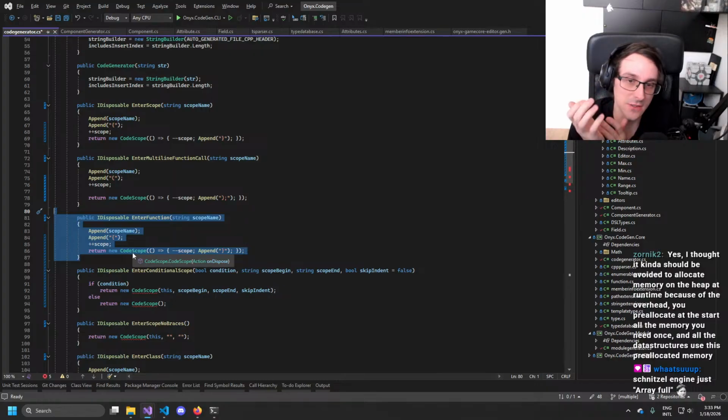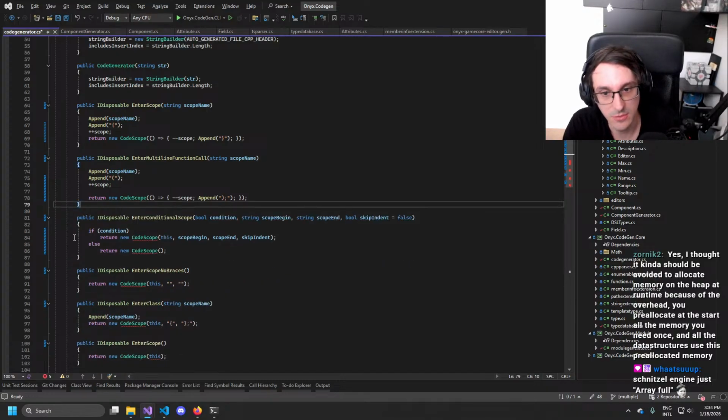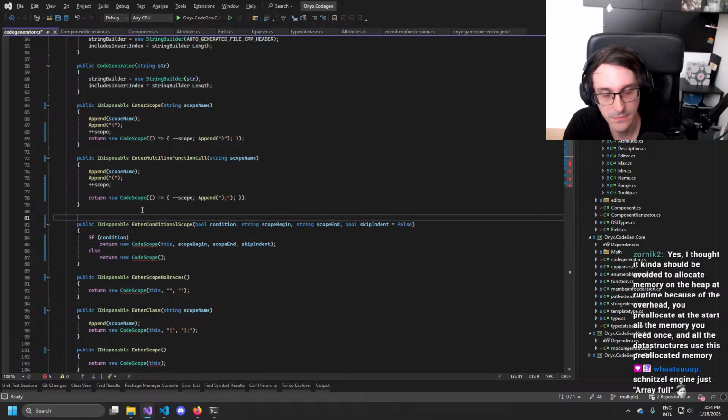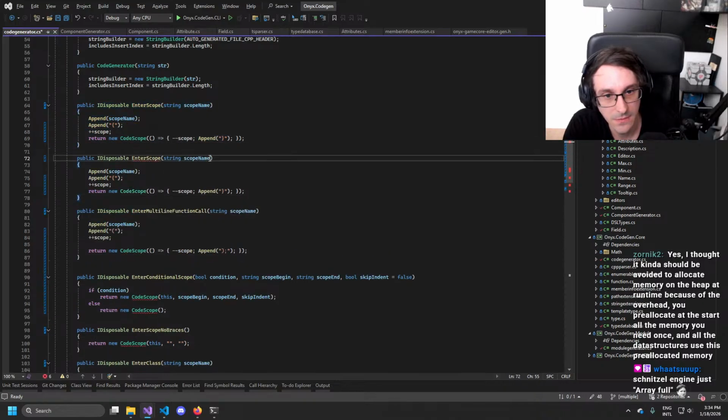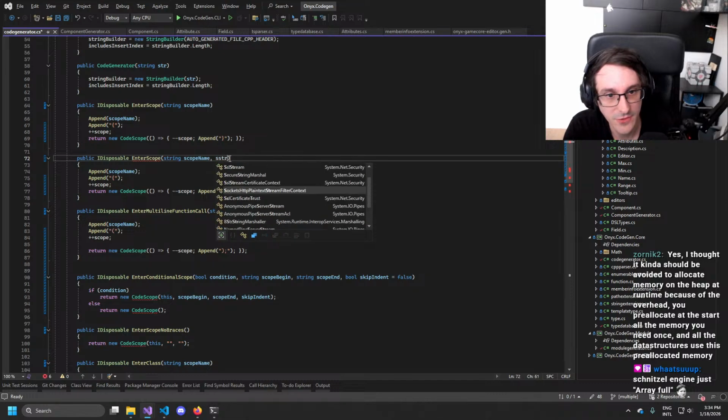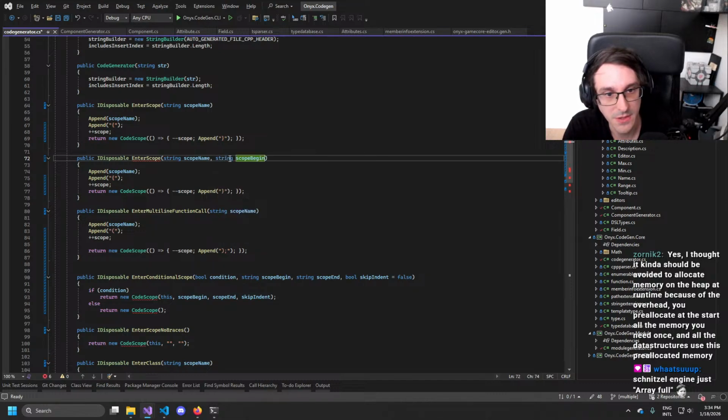So that I could call enter function or enter multi-function, like multi-line function call. Oh, that's a function call. Okay. But do I really need that? Probably not. Let's remove it. And then maybe I don't need that then. Guess we could have string scope begin.